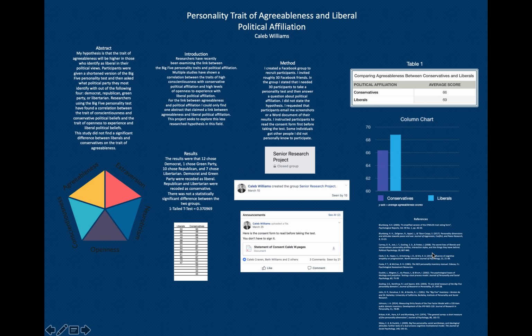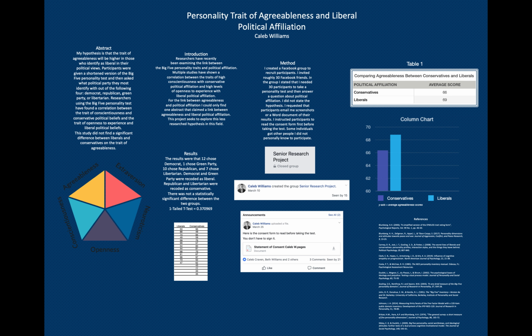That's my study. Down here I have my references. In doing the research, when I was looking in psychology databases through Tarleton, I noticed that when I would type in Big Five, it would yield a lot of results, somewhere around 10,000, I believe. So there's a lot of research surrounding the Big Five personality test. Once I started to scale it down and look at the Big Five and correlations between the Big Five and ideologies or political affiliation, it started to drastically reduce the amount of content that I could use.